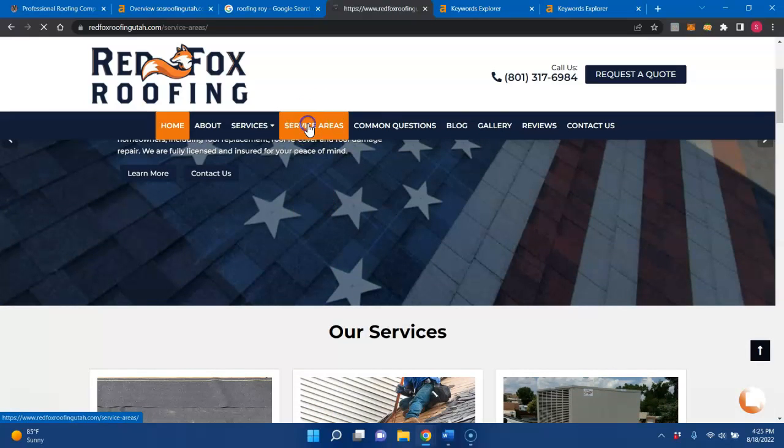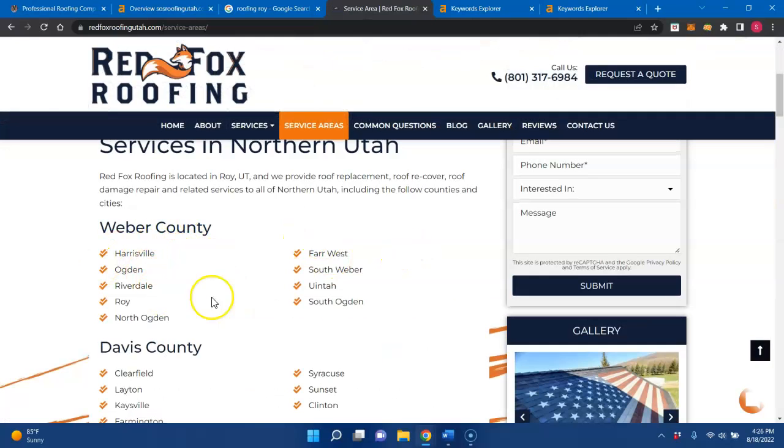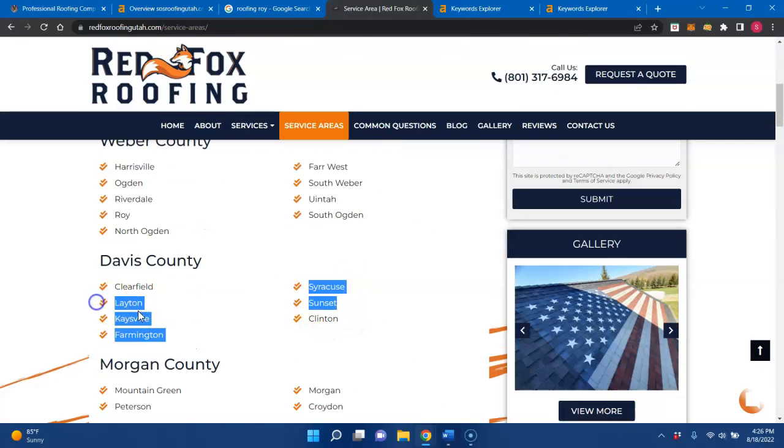One thing that I wanted to show you is that they have a bunch of service areas as well. If Layton has a bunch of search volume, you can use Layton or Ogden as areas where you add location pages, so you could have those location-specific keywords as well. And to give you an example of what I'm talking about,